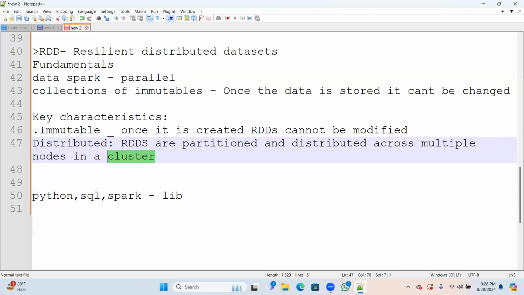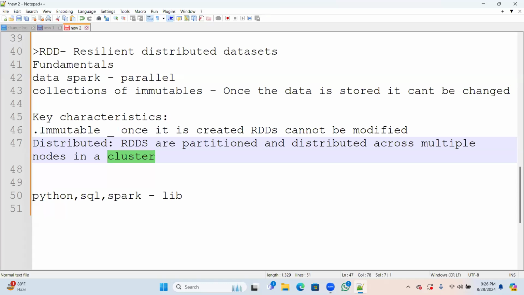What is meant by cluster? Cluster is nothing but a group of similar things.